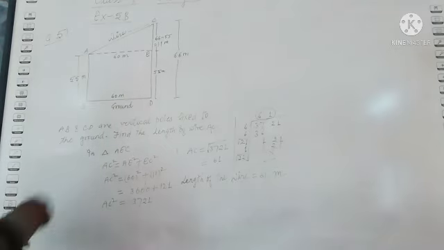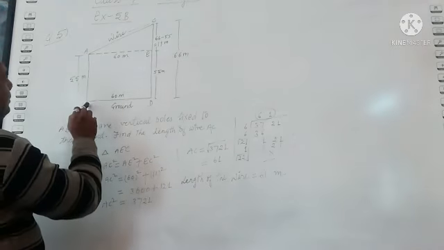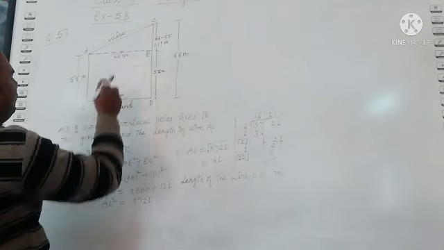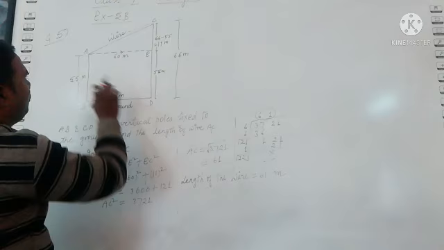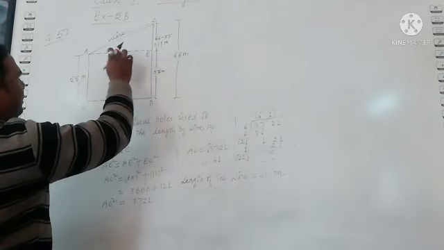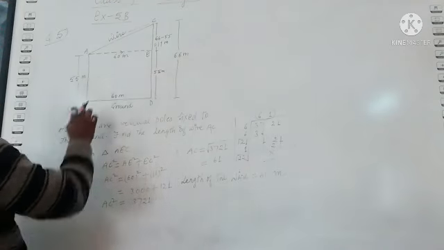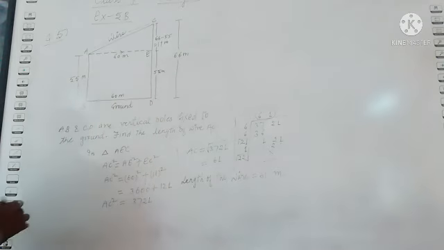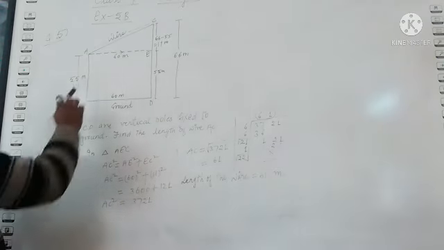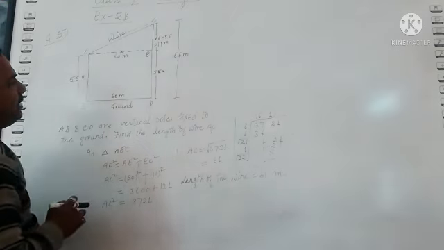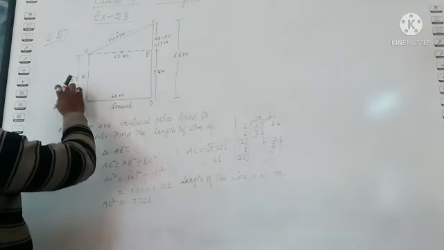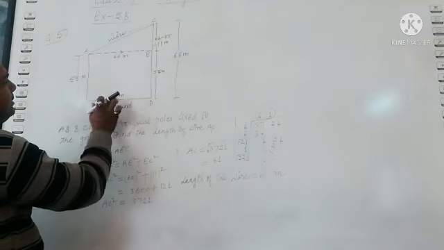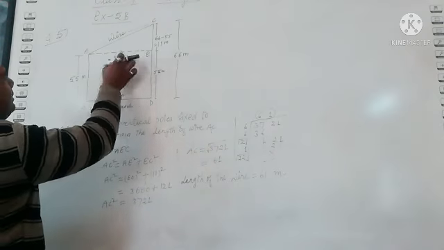So here you can check out BD is ground. So first we will draw one line which is parallel to the ground. So here is AE I have drawn. AE is parallel to the ground. Now you can see ABDE is a rectangle, and you know that in rectangle opposite sides are equal. So if AB is 55, then ED is also 55. If BD is 60 meter, then AE is 60 meter.